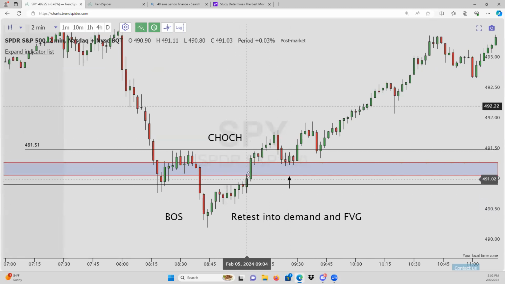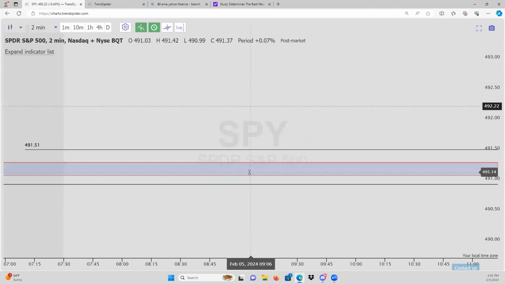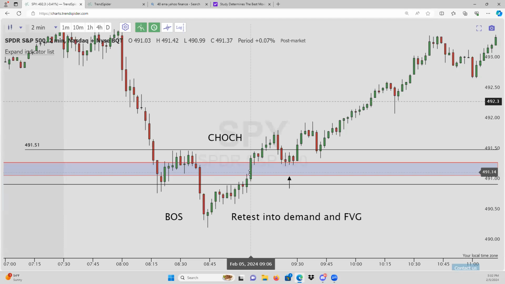So fair value gap, same thing as an imbalance, right? Fair value gap is nothing new. No one made it up. It's literally the same thing as imbalances. People have been trading imbalances for decades. Whoever you know who it is, he didn't make it, he's not the creator of it. No one created fair value gaps. It's just an imbalance in the market.